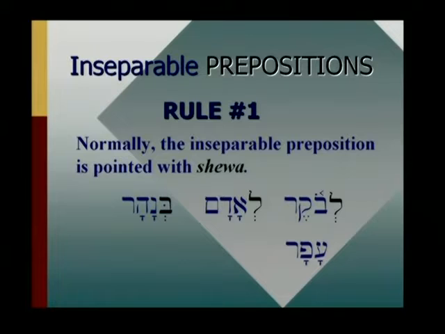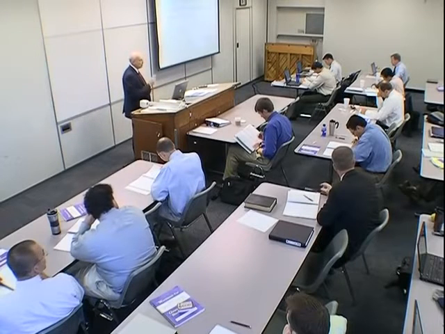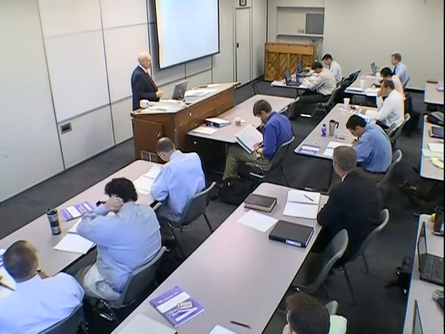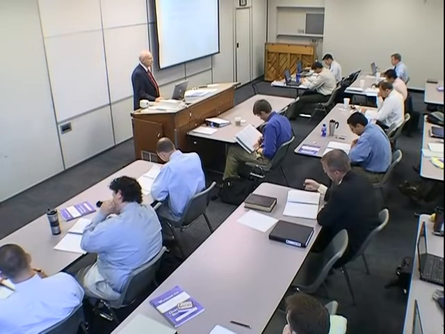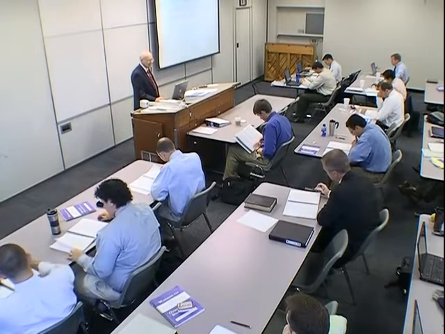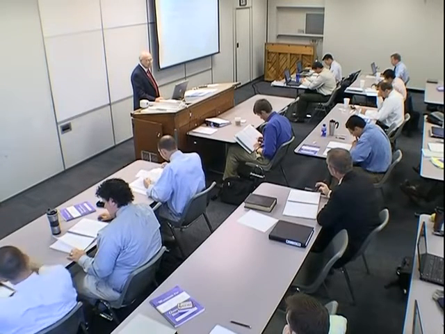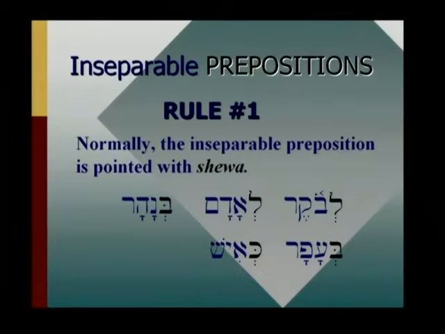Afar, dust, becomes be-afar. In dust. Question, Jeremiah? Will the article go between those two? No, we'll get to that. The article will not go between. We'll talk about that later. Good question though, and watch for it. We will explain that. It's very important to learn. Ish is man. Ka'ish, as man, like a man. Lot, the name of Lot, becomes kalot, like Lot, the nephew of Abraham.